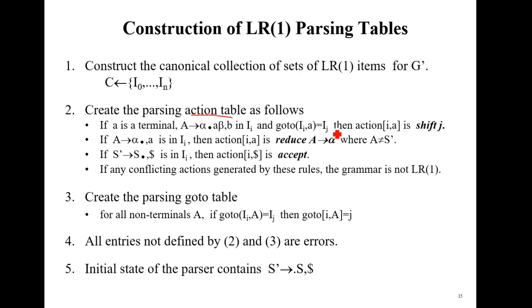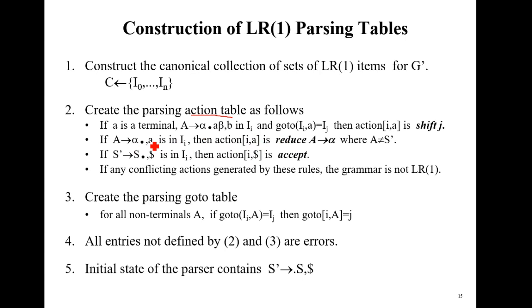A column, and the output should be shift J. The state number of the output is placed in the entry. According to the second rule, we have to verify all the boxes. If any of the rules ends, then we have to put reduce and that rule number in that entry. That is, in the ith box, if that rule ends, then we have to put it in the ith row, A column.